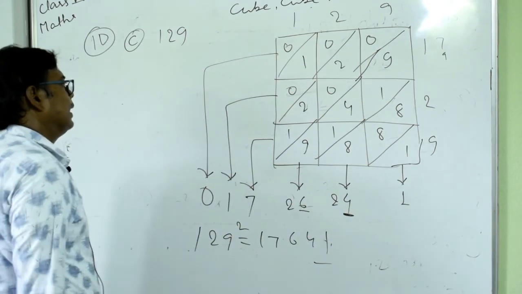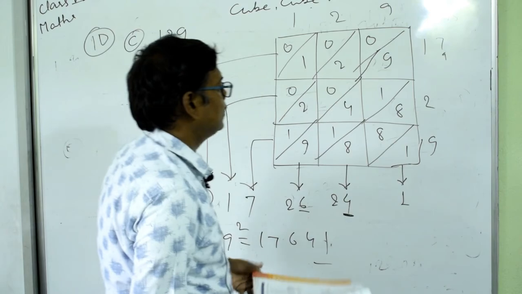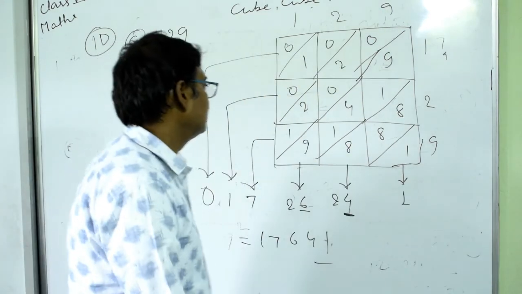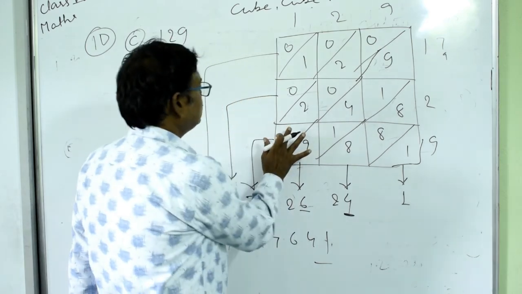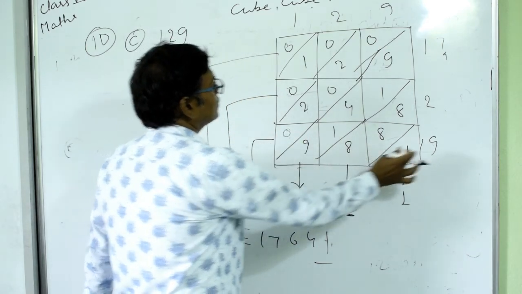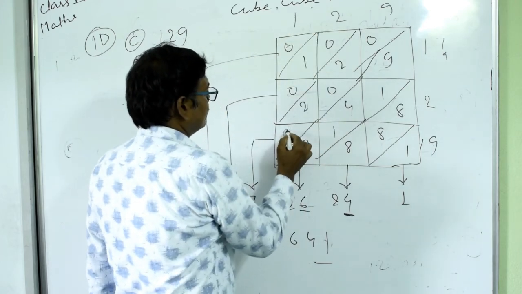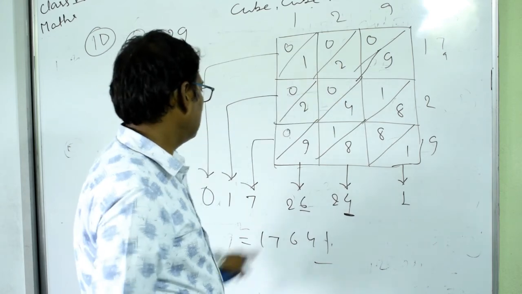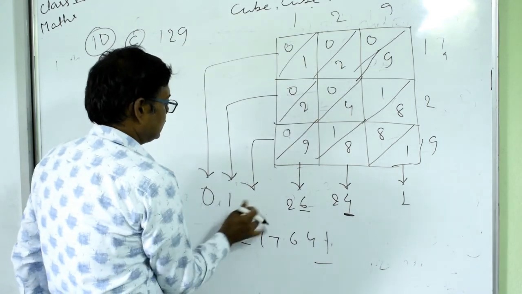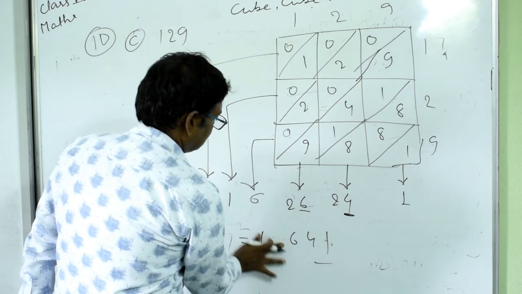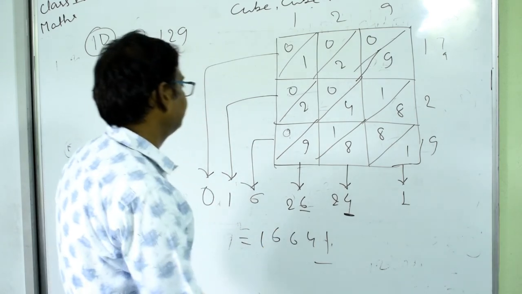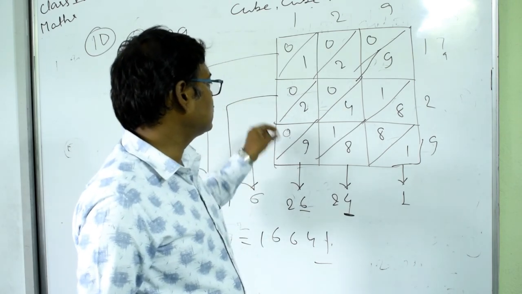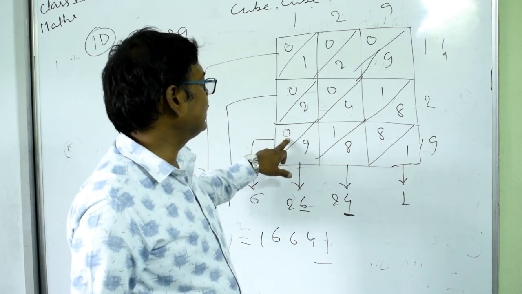So this is the answer, and remember this method, and in this method you can find the square of any number. Okay. So there is a correction here. Here it will be 0, because 9 is 9, so it will be 90 here. So then here it will be 2 plus 2, 4, and 4 plus 2 will be 6. So here 56 and then here also 56. So you have this is the answer. Okay, this is the answer here. So that was a little mistake here, so you can correct this.